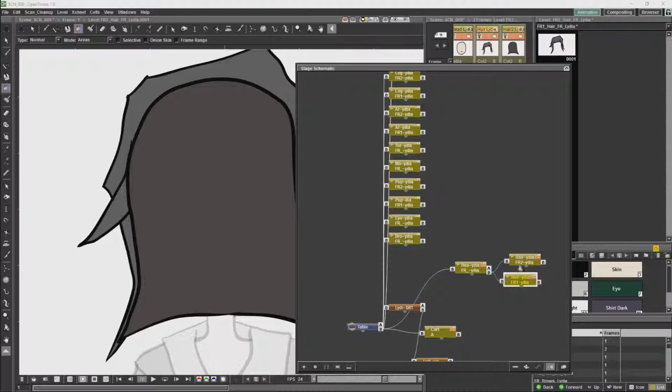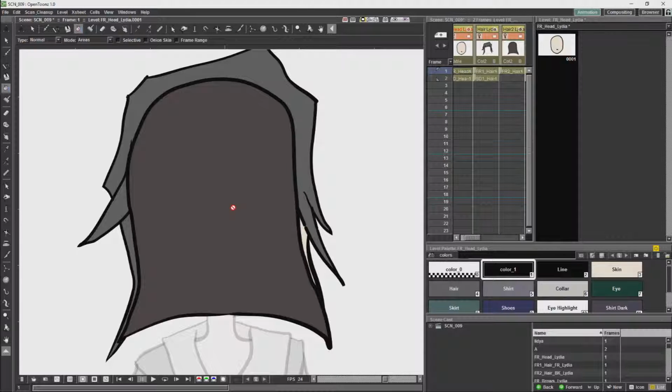And what you'll see straight away is one of the problems we have is we are actually seeing the back of the head in front of the face. There are various ways to sort this out. But probably the easiest is if we go to Edit and we select the back of the hair, you'll see a value over here, which is the stacking order. Just give it a stacking order of -1,